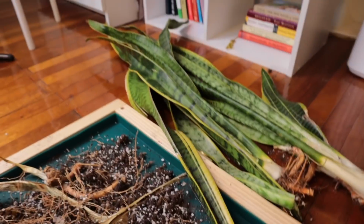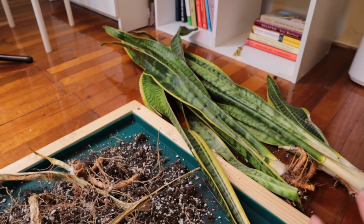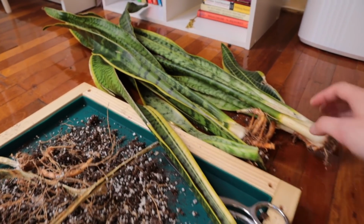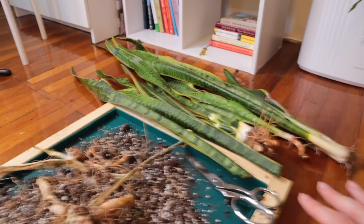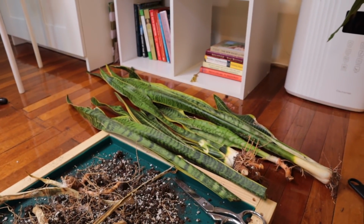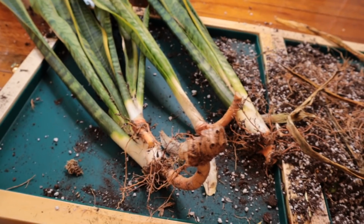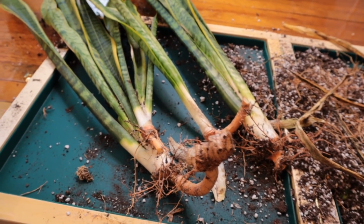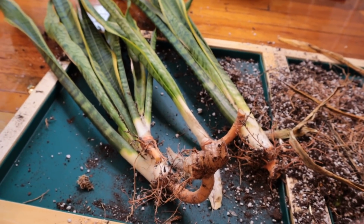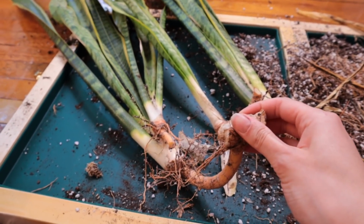And then here we have plants that I am not fully confident in being able to rescue. I'm probably going to make a whole separate snake plant propagation video, and I'm going to use these as my little demo plants. I am not a snake plant pro, obviously, otherwise I wouldn't be doing this rehab video, but please, this is just me experimenting, I think I'm going to put them in a jar